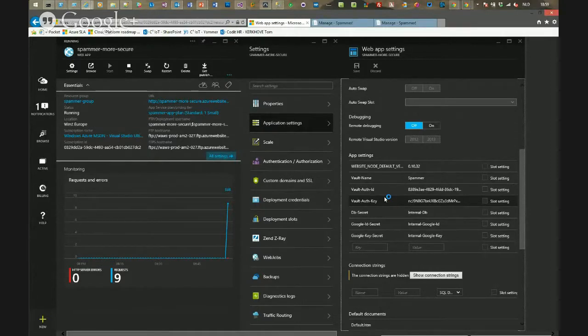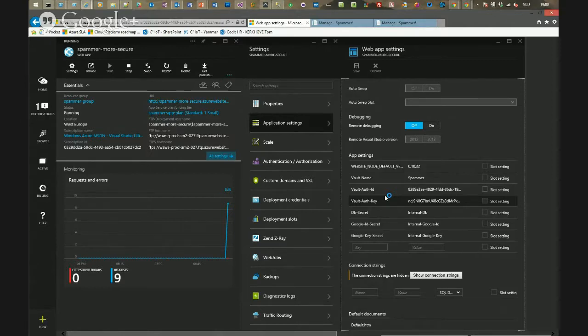because I'm not using a certificate. If I was using a certificate, it was enough to store the vault name and the vault authentication ID, which is my AD application. But now you can steal my key as well, and you can request it in my name. So I didn't have the time to use certificates, but try to avoid this. Try to use certificates so you don't need to store a key in your config or database or wherever,